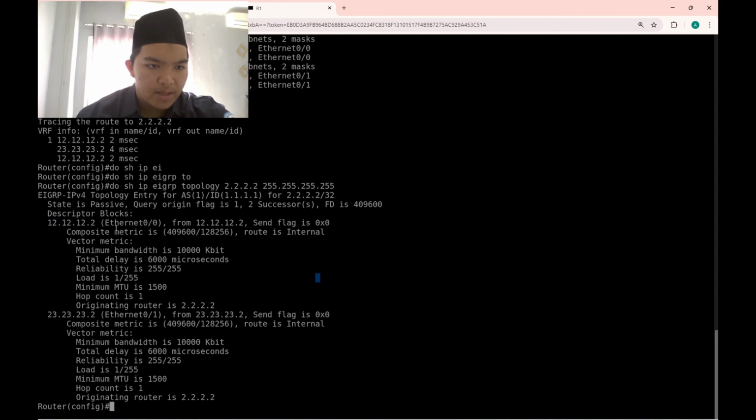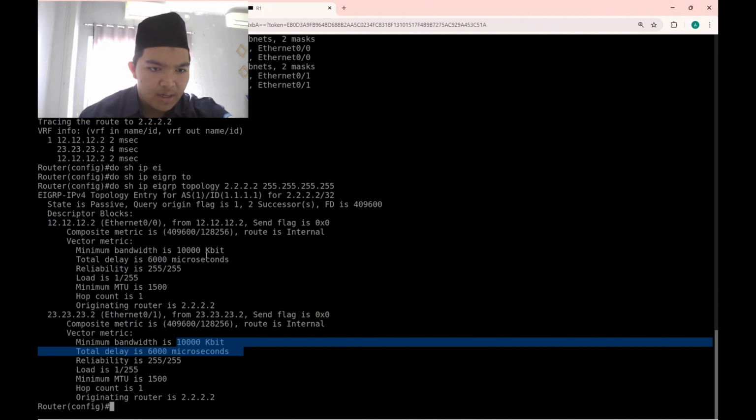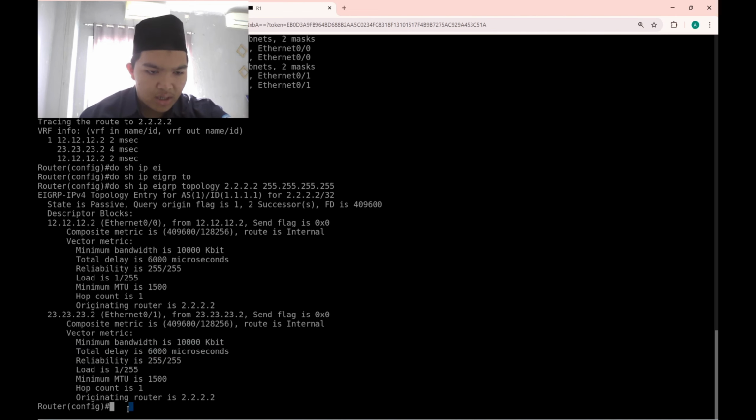There are two paths, Ethernet 0/0 and Ethernet 0/1, and this is the metric. The bandwidth is 10,000, and the delay is 6,000, and in Ethernet 0/1 the metric is the same as in Ethernet 0/0. So here we already know that by default the metric is the same. And now we're gonna manipulate the metric.